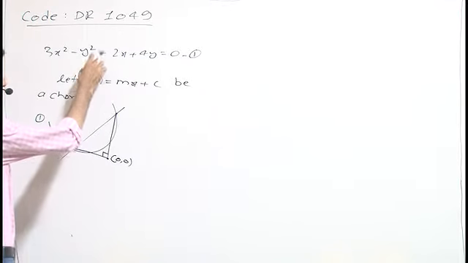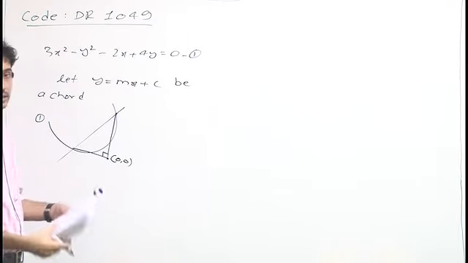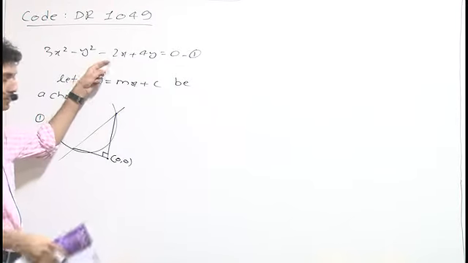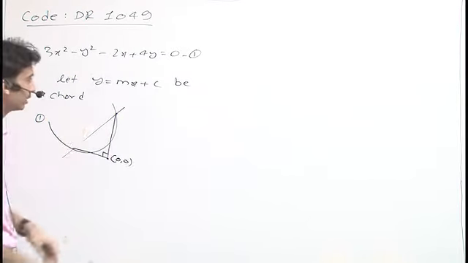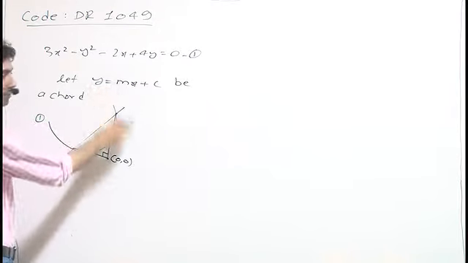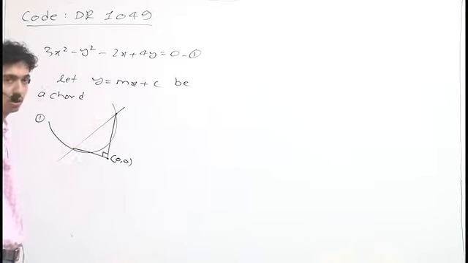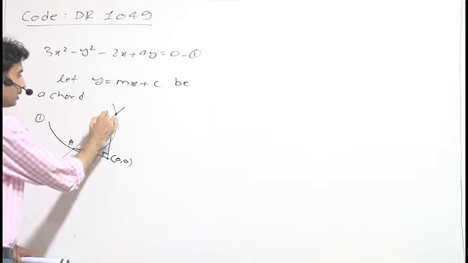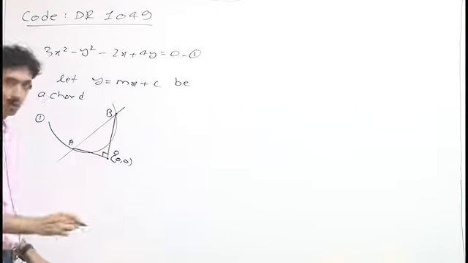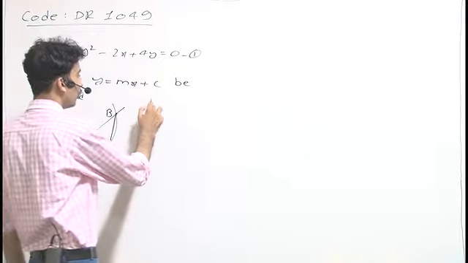The given question is, we have to show that all the chords of the given curve number 1 which subtend a right angle at the origin are all concurrent. So this is the given curve and let this be the chord of this curve. Now if we want to find the pair AO and BO, then we will use homogenization.